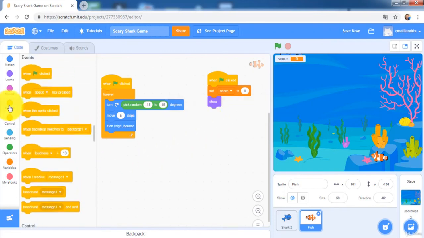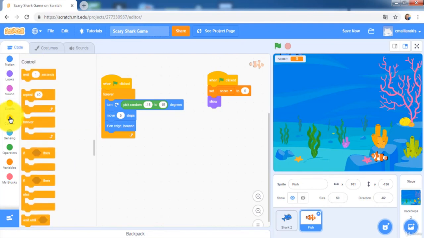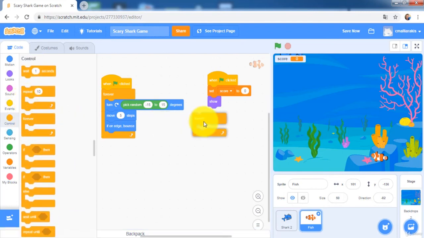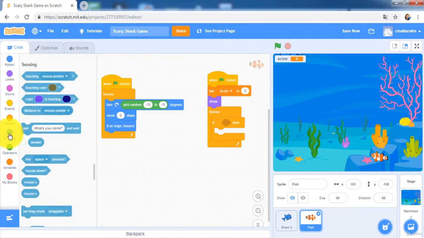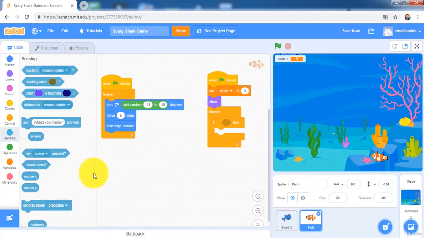And then forever, I will go to control, forever. If the fish, now go to sensing, if the fish